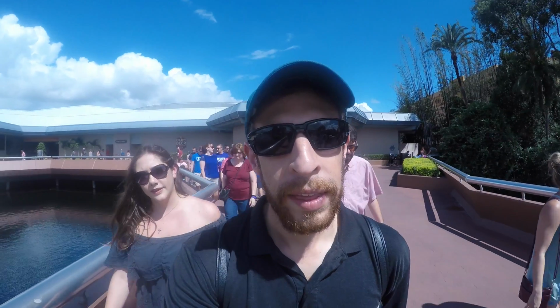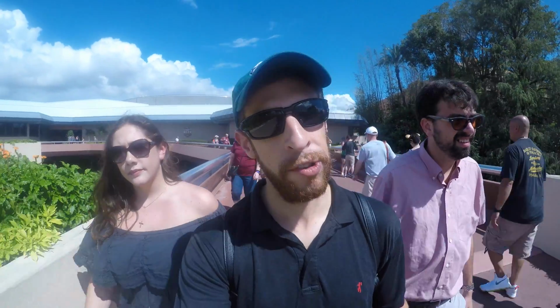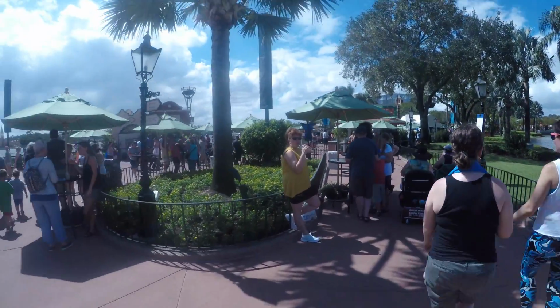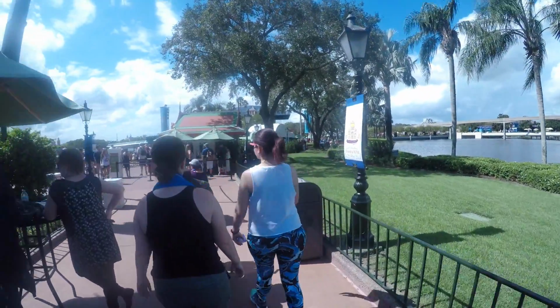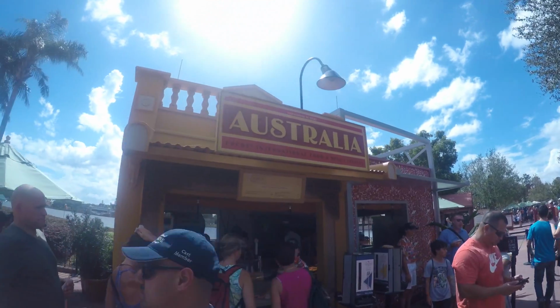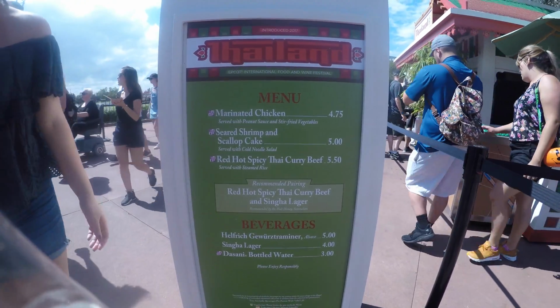Found out the hard way that entering the way that we did is probably the wrong way to go. Because there are 2 registers and the line when you enter this way is a lot shorter than the line when you enter from the front of the building. And then when you come out, you kind of skip over all of these little kiosks here. So we're actually kind of backtracking just a little bit. Epcot festivals are notorious for having all of these different kiosks set up in between the pavilions. So make sure that you check out the menu inside of your passport to see what's offered at each little